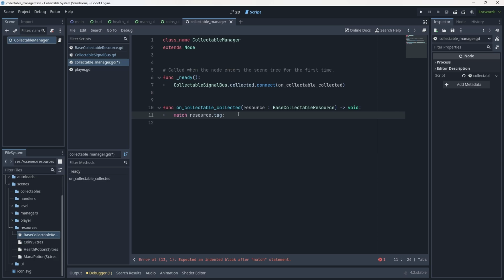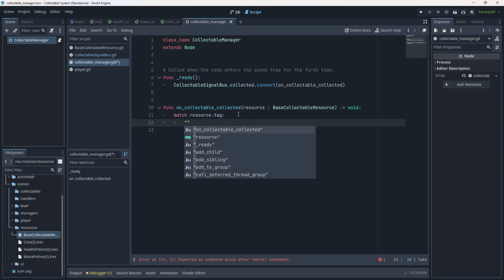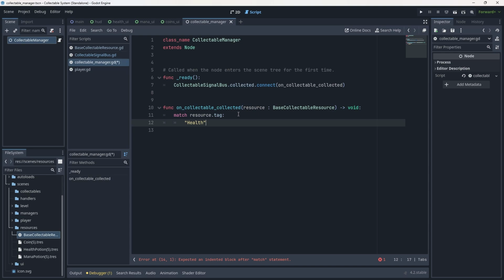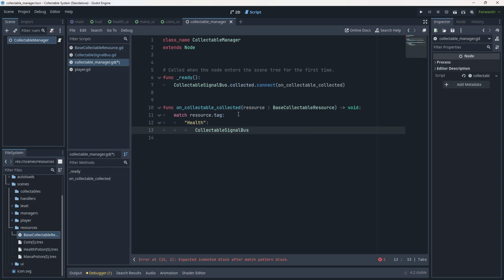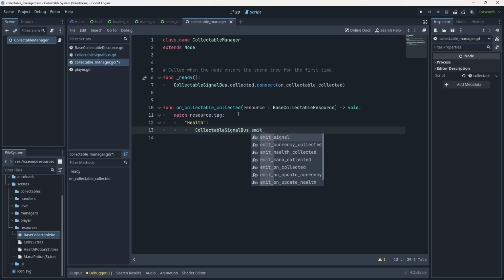So this is just going to specifically grab the tag or the string text. Now we want to open up our double quotes, and we want to first put in health. Health is the first tag that we have, and we want that. I'm going to write inside of this, we now want to fire the health related signal, right? It's like, okay, this is under the health tag. What do we want to do? Well, we want to fire that health related signal from the signal bus. So that will be the collectible signal bus dot emit underscore health collected, and then we just pass through that